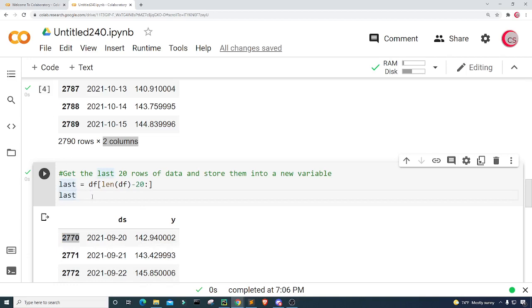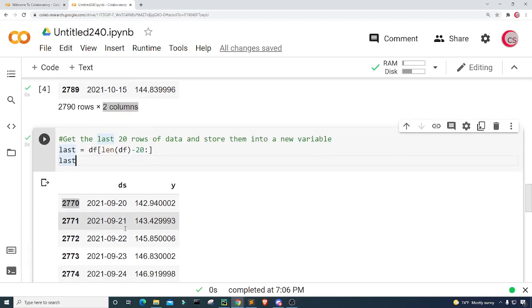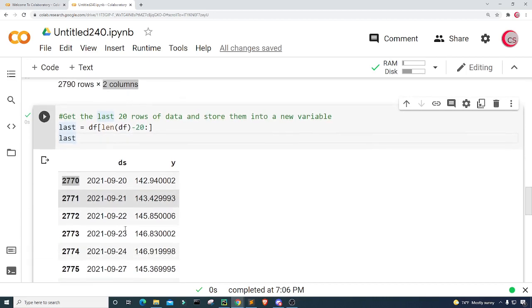And you may be asking, well, why are we getting these last 20 rows of data? Well, I'm going to get these last 20 rows of data because I want to use them to get an idea of how well the model is at predicting the future price of this stock. And so this data set will contain data that the model has never seen before, and we can test what the model thinks the future price will be, in this case the prices that we have here, given a certain date. All right,